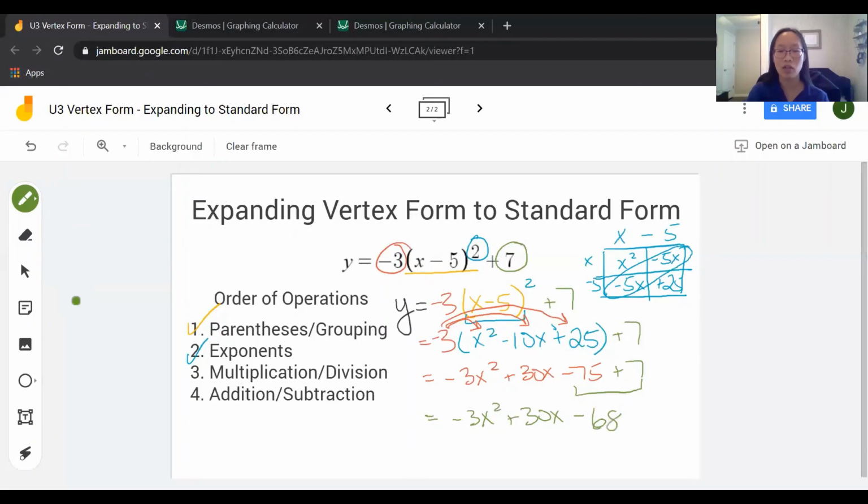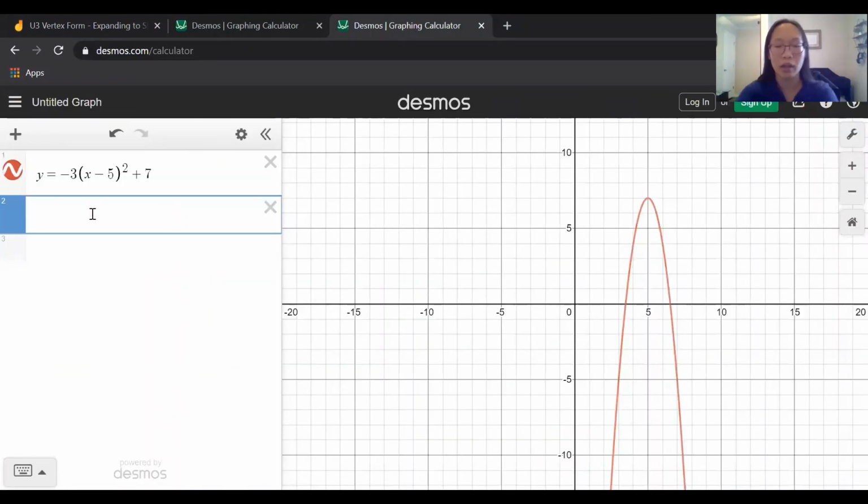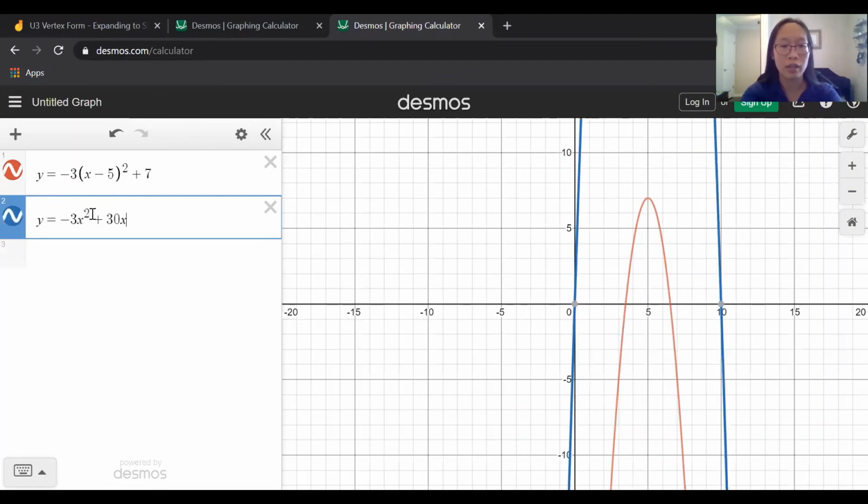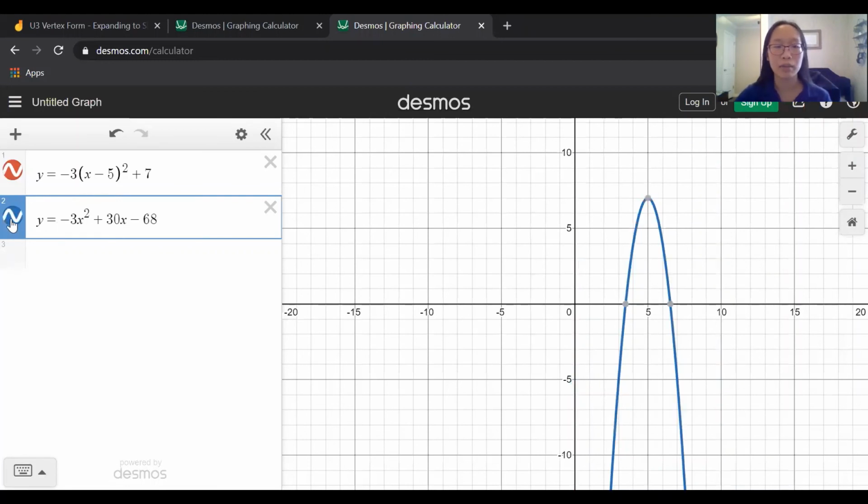So now I can check this on Desmos. This was my vertex form, and I want to see if my standard form is correct. So I had -3x squared plus 30x minus 68. And I can see that my blue standard form is exactly on top of my red vertex form, and I know that I've solved it